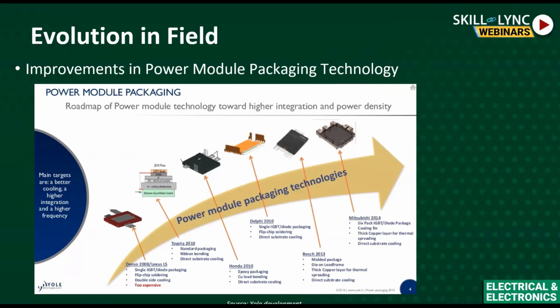So this is how the power module has evolved towards higher integration and power density. Earlier we had the dual pack, single IGBT and single diode. Now 6 IGBTs and 6 diodes in a single package we can see, along with the heatsink. There are some IGBT modules which also include the gate drivers, which are called intelligent power modules or smart switches. We don't use them often in the automotive sector because of reliability issues. But in the industries, we do use that. IPM, or intelligent power module. Can you move to the next slide, please?